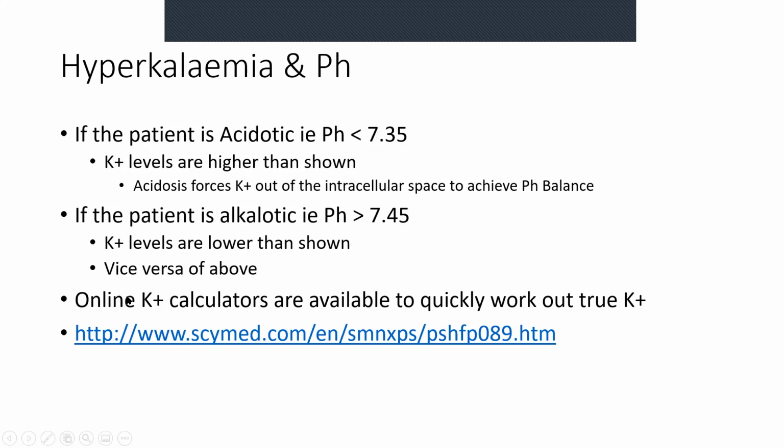Now, what I would suggest is everybody should have access to an online potassium calculator. So these are quite easy. They work out the true potassium within like a second. This is the most common one that's used, skybet.com. And the only thing that you've got to look at over there is which